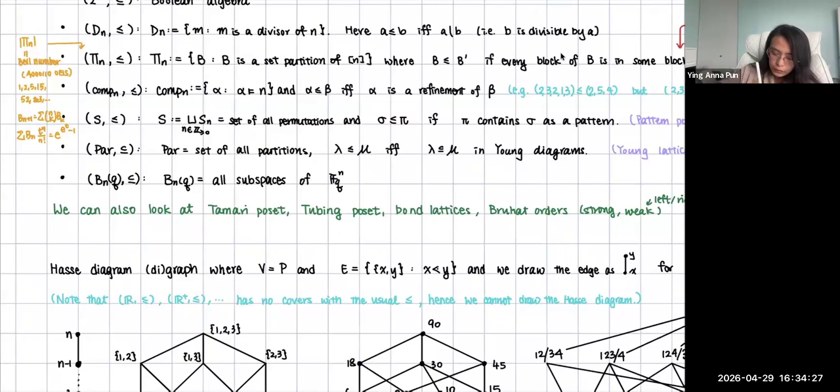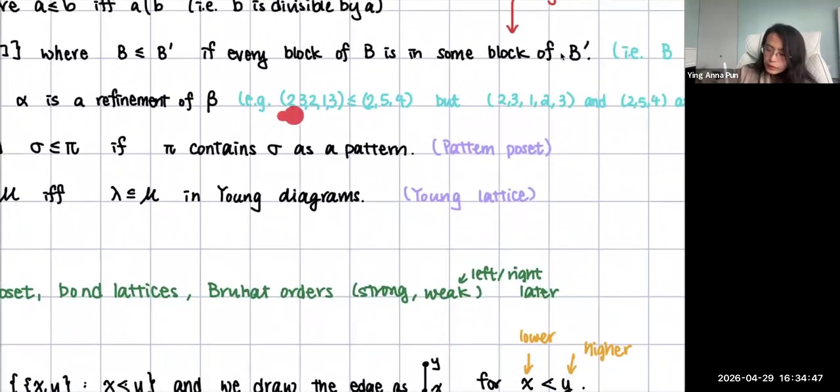And then the other poset that we talk about here is the composition poset. A composition is just a sequence of positive integers that sums to n. And when we say two compositions are comparable, like alpha is less than or equal to beta, alpha is a refinement of beta. For example, this is a composition because it's a sequence of positive integers. This is also a sequence of positive integers. And this is less than this because you can see that it's a refinement of this guy